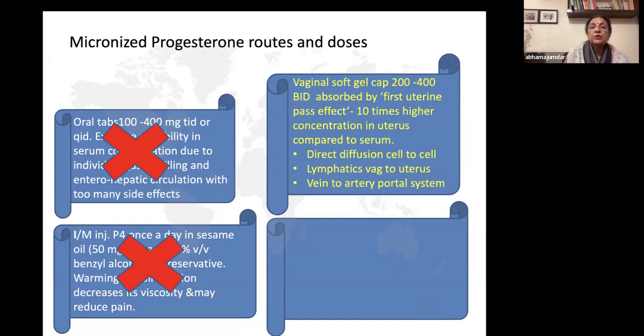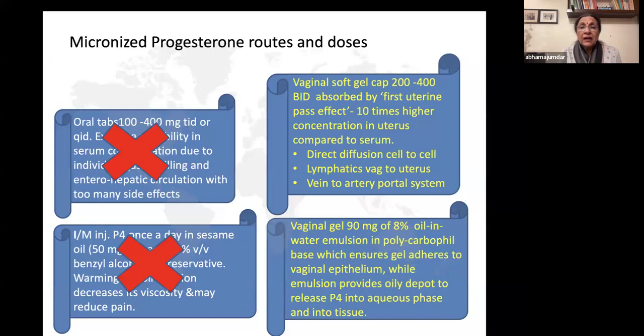So if serum shows a 10 nanogram level, the uterus will have a 100 nanogram level. How does it go to the uterus? Direct diffusion cell to cell, lymphatics from the vagina to the uterus, vein to artery portal system, which is there. So another is